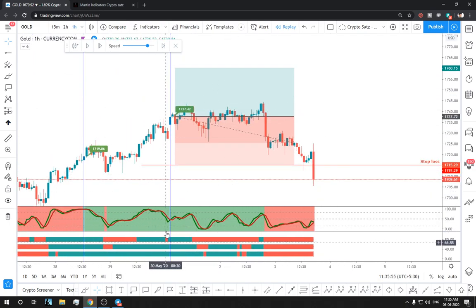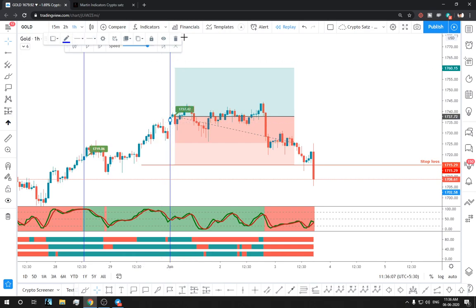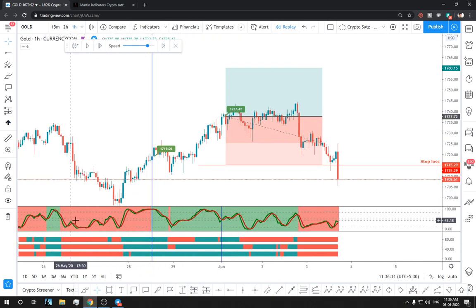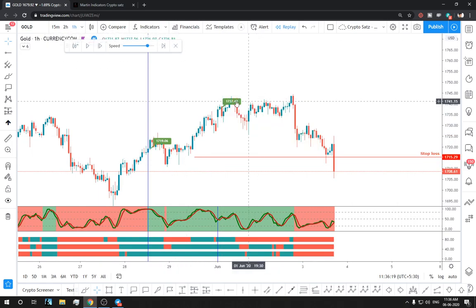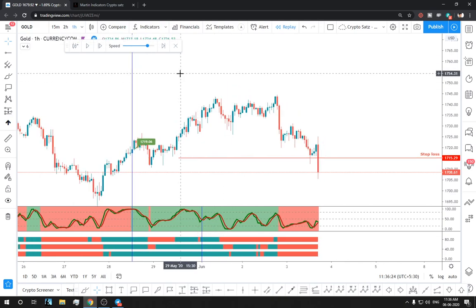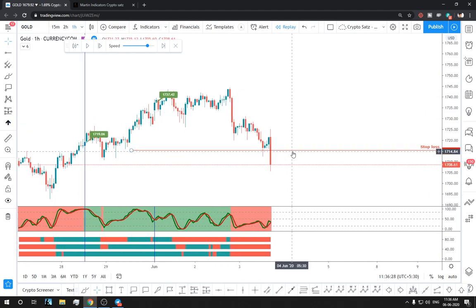The reason why I said I wouldn't take this trade was because it's already in an uptrend, and we just have one small point of time in red, which may be due to this small dump. So I don't take that, because when you have a long downtrend and you get a long signal, you take that because it's really changing the trend. Anyways, this was a stop hit. So we have one stop hit. Let's see the next signal.